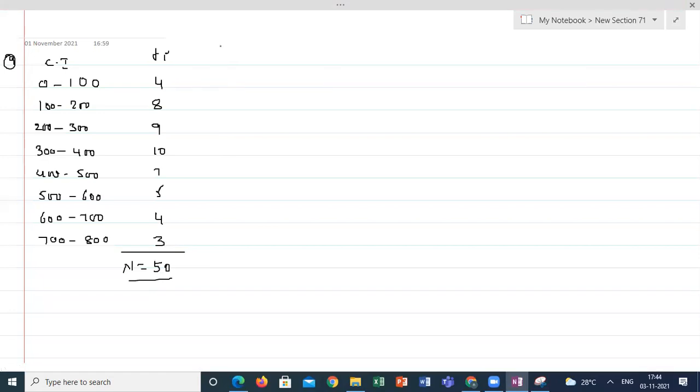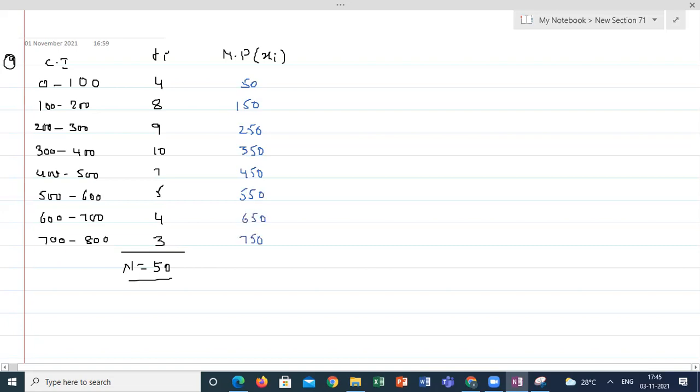Recalculate again, please. You also try to calculate the midpoints, that is the xi value. So what is xi? Midpoints of the class intervals: 50, 150, 250, 350, 450, 550, 650, 750. Now for calculation of the mean, I need the fi xi value, or you can use the step deviation method. You can choose a value like 450 or 350 as the assumed mean and subtract it from everything. That is one method. Here, because of the hundreds only, I'm taking directly 50 into 4 is 200,